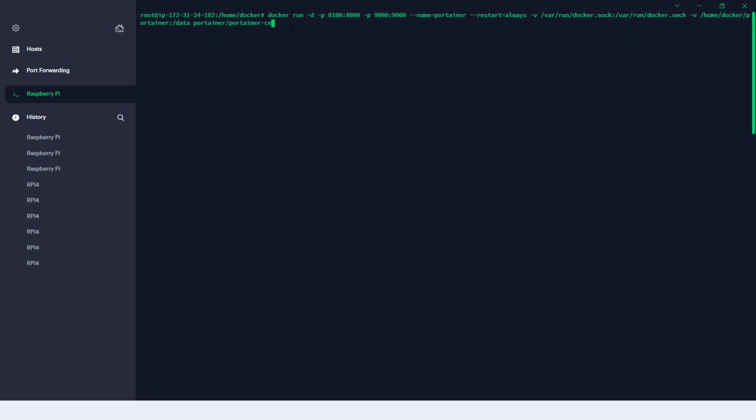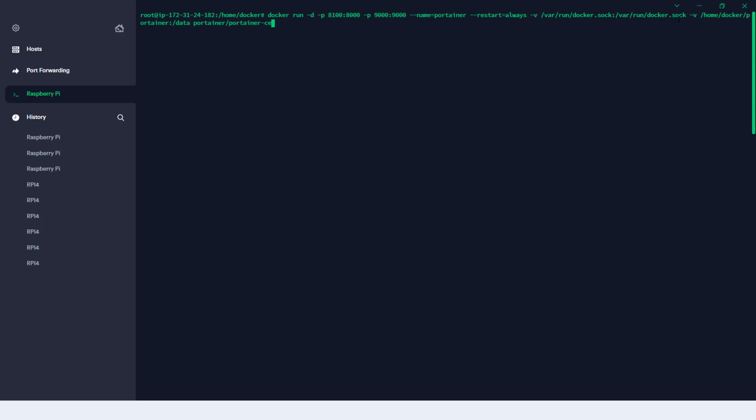Let me tell you something about this. Docker is the command, and run, we are running in detached mode. This is the port which is being consumed by Portainer. So 9000 is the port used by Portainer, and we are also allowing 9000 to use it. Why are we giving restart always? If you turn off your Raspberry Pi and power it on again, then it will automatically start those containers. Okay, -v refers to volume mount.